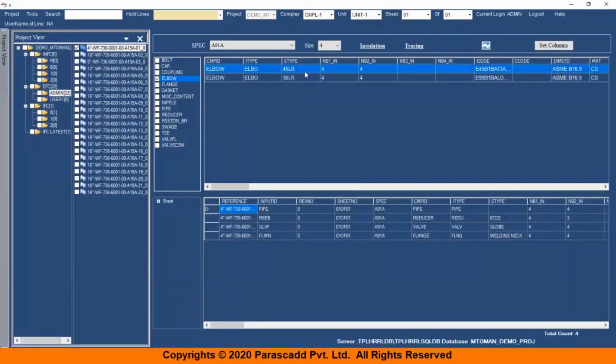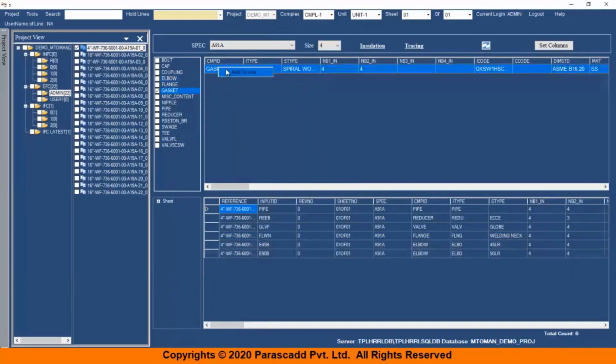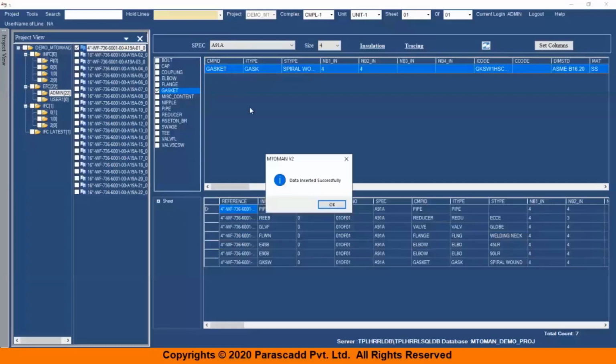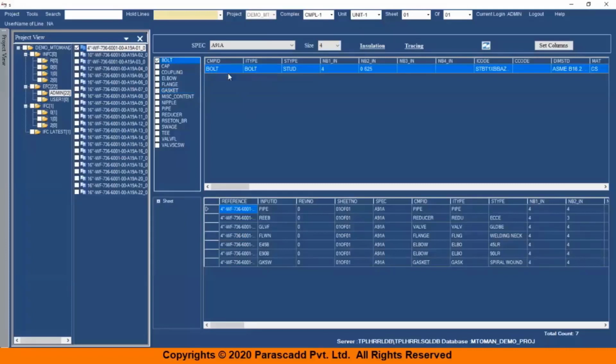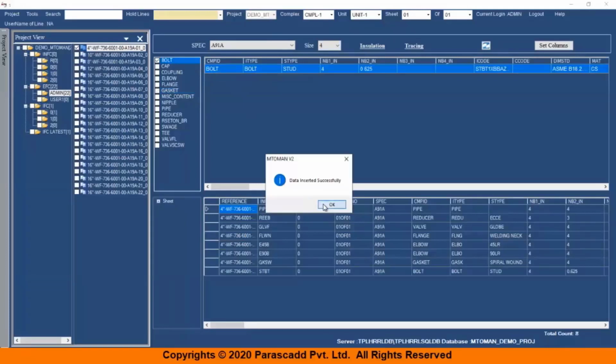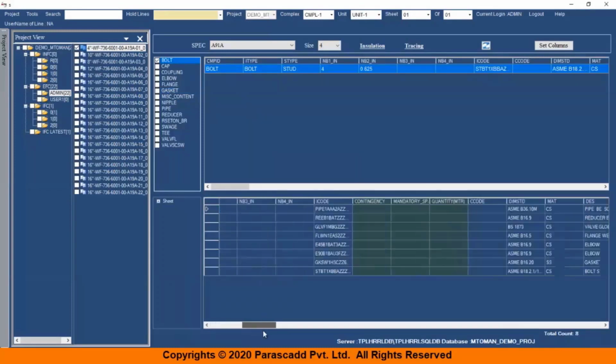Of 45 elbow. The filter option is also available for each column. Supposedly you want to specifically select an item code within a vast range of items that you need. And once the bolts and all the components are added, simply scroll to your right hand side, put the quantity that you need. So here you can see, no need of graphical use, simple BOQ, the quantity that you need for that line